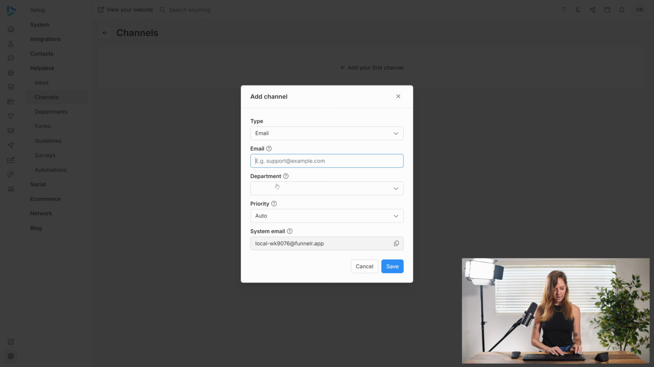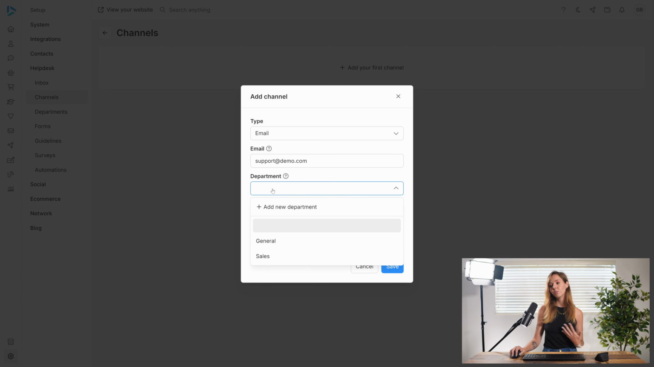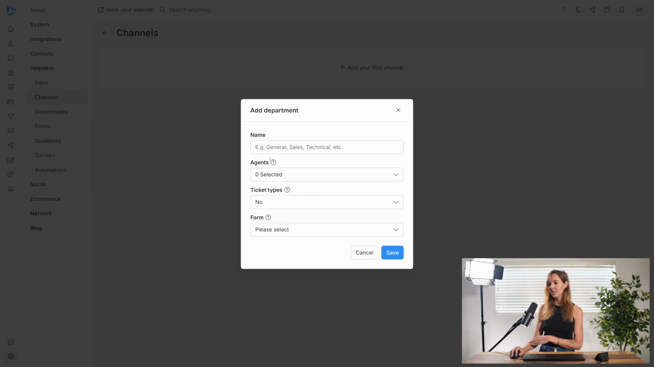So I'm going to create a new email address. I'm going to say support@demo.com. And then I would choose my department. I can choose specific departments. I could create a new department that is specific for emails being sent to this email address. So I could go ahead and do that and say email support,